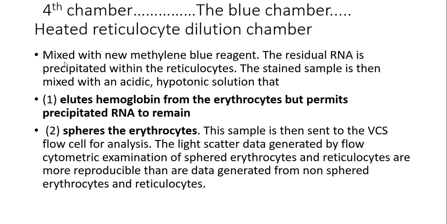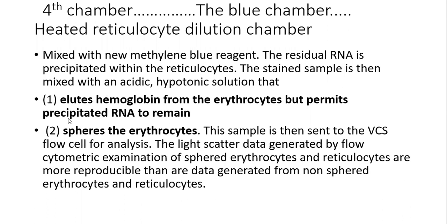Now what happens in this? The sample is mixed with new methylene blue reagent, and the residual RNA is precipitated within the reticulocyte. This sample, now stained with methylene blue, is mixed with the acidic hypotonic solution. What does the hypotonic solution do? It elutes the hemoglobin from the erythrocyte and permits the precipitation of RNA. So it will fix the RNA which is present in the new RBC,